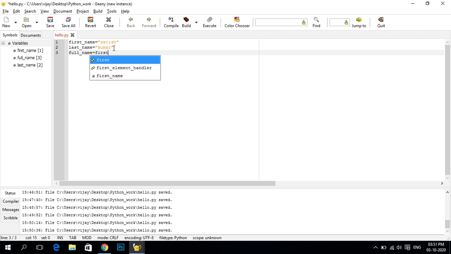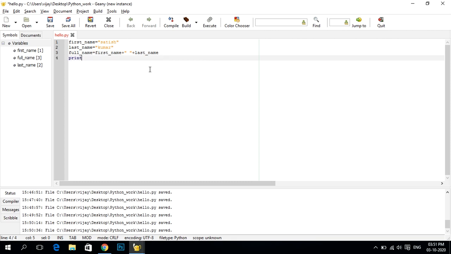first name, and we will use the plus button, and we will use a space inside double quotes, one space and a closing quote, and we will use the plus option again, and then we will write the last name here. Now I have to print this name, so I will use the full name variable here, so it will print the full name, right?